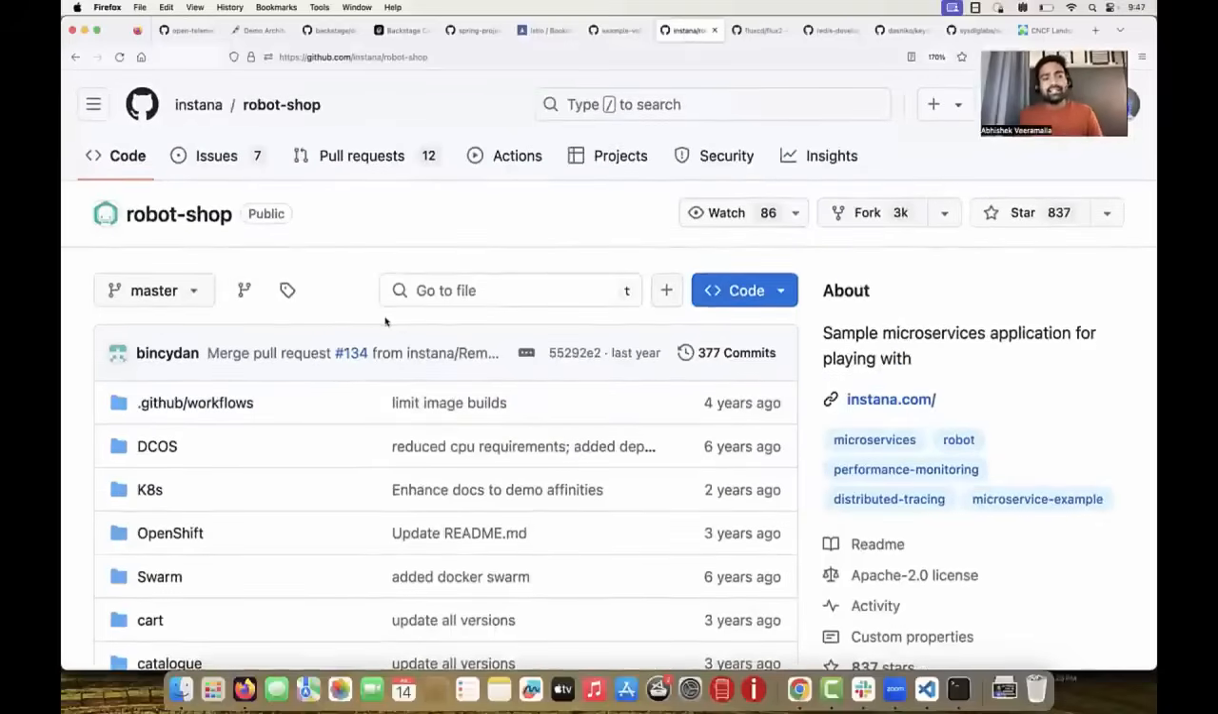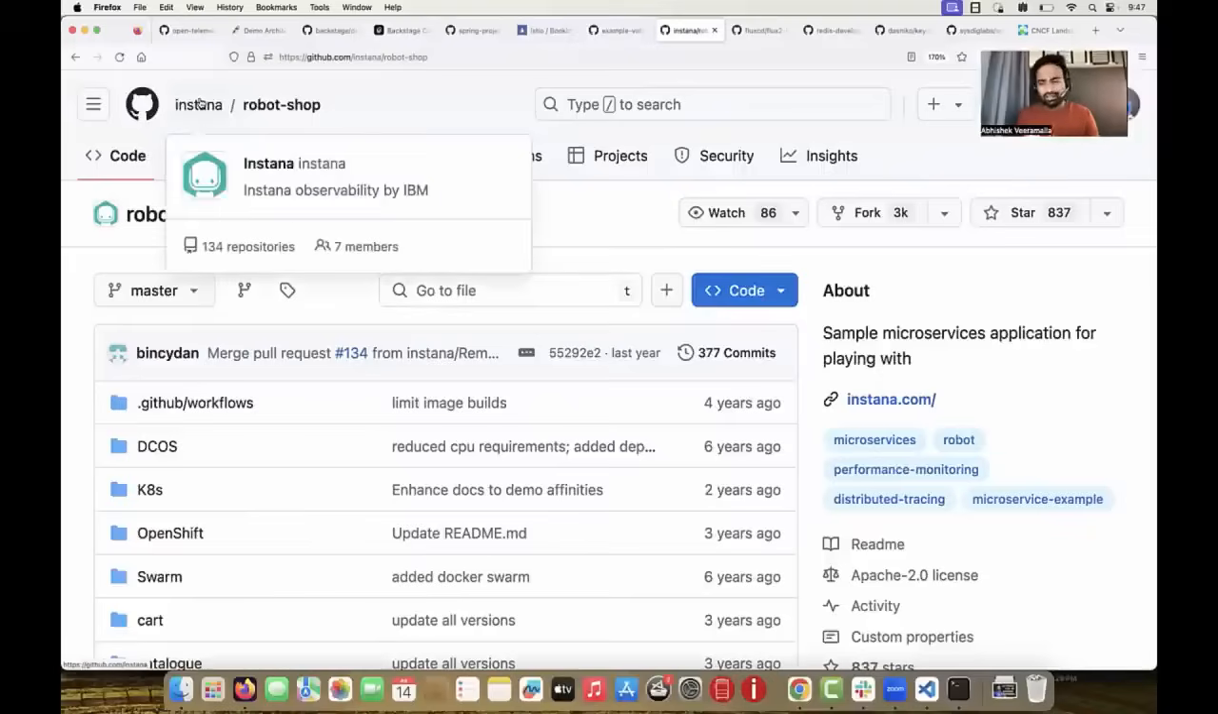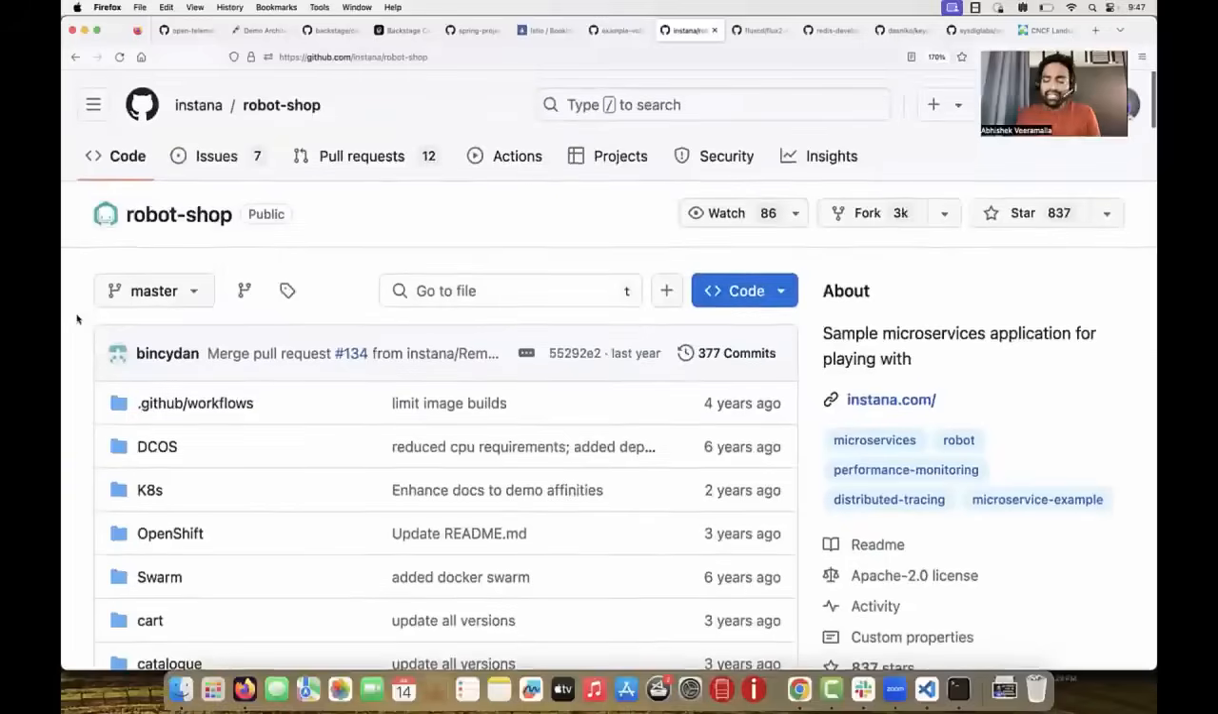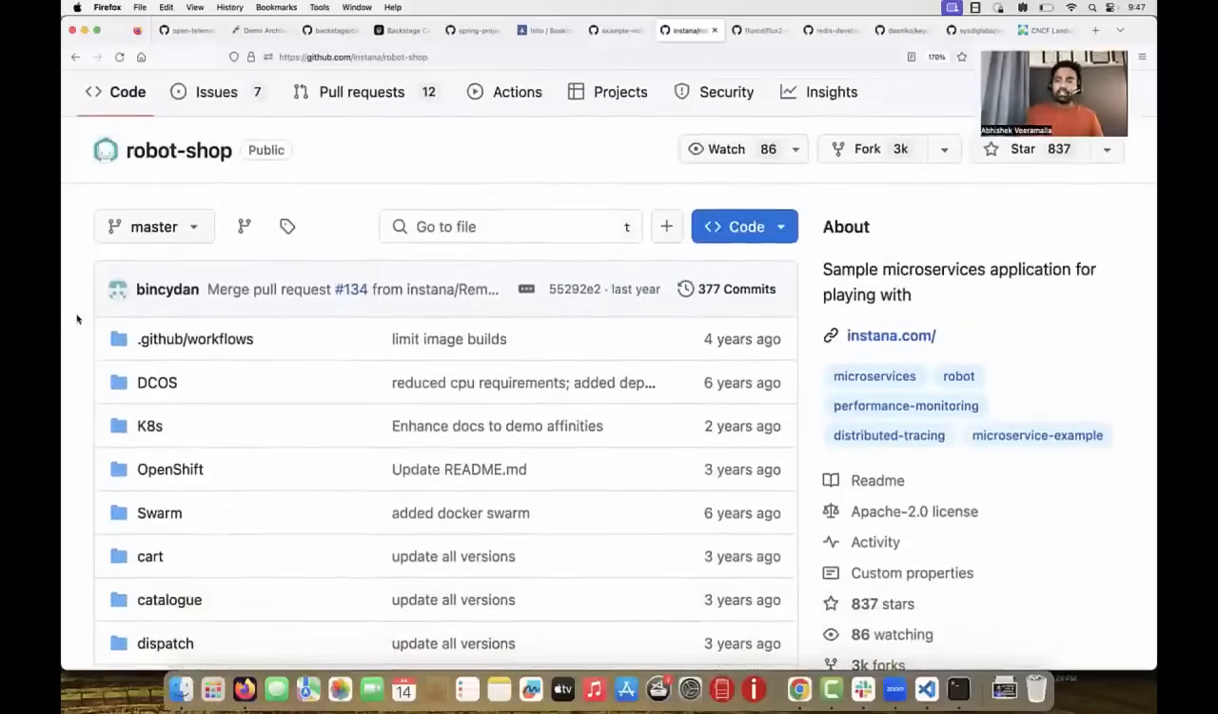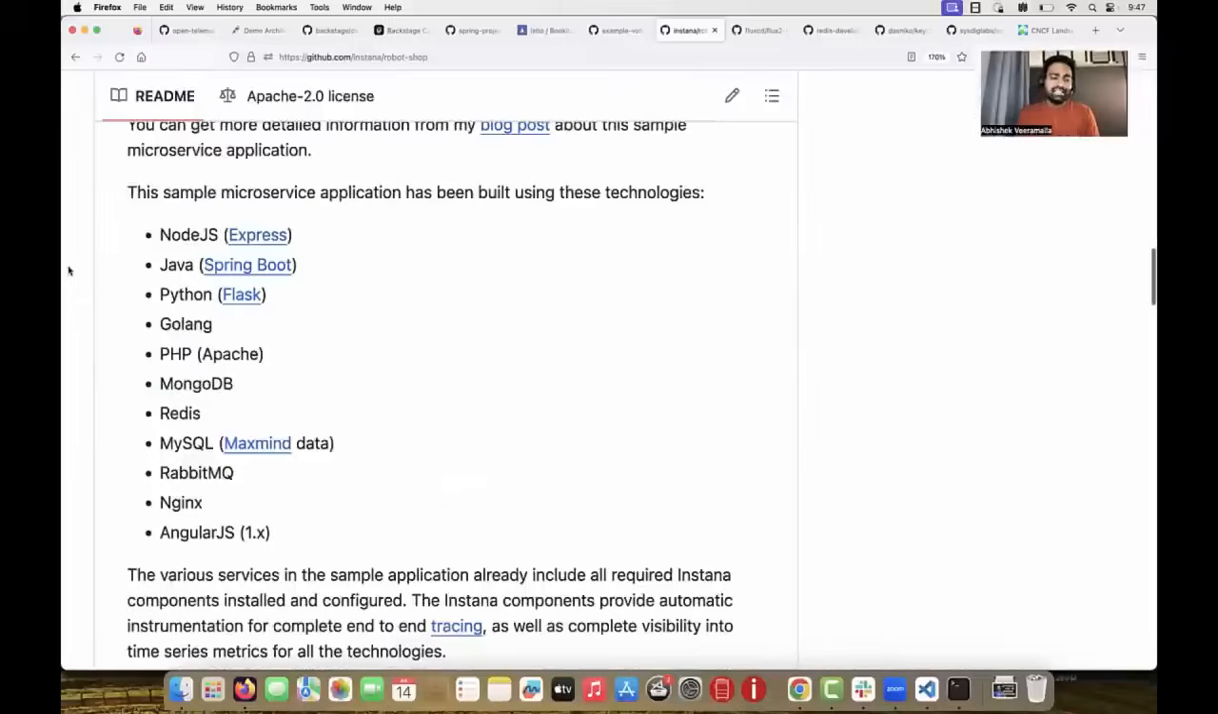Next one is the Instana Robot Shop application. So this demo project is written by developers at IBM. IBM has a product called Instana, and they have written this demo application to demo the Instana product to their customers. So it's an e-commerce application. If someone is looking for an e-commerce project, if you are interested in deploying an e-commerce project on the Kubernetes cluster or on a Docker platform, definitely give this project a try. And if you look at this project